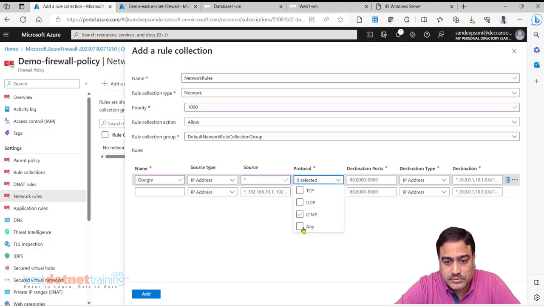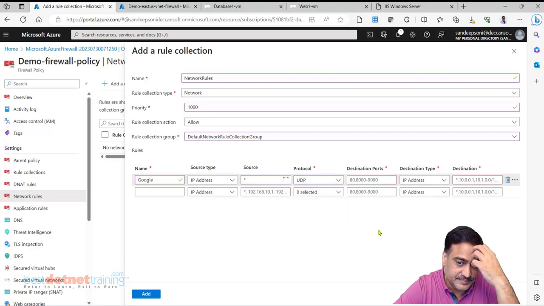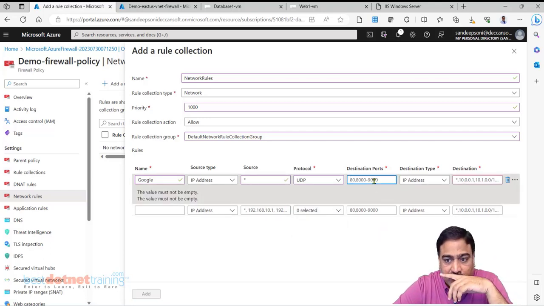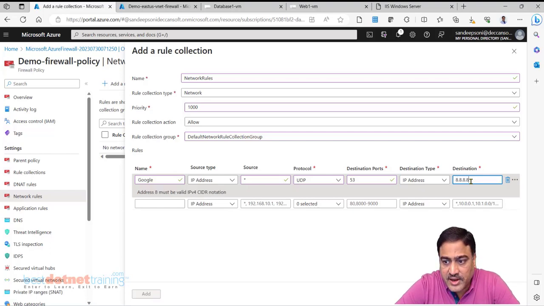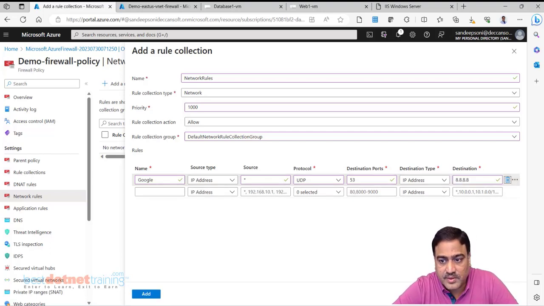Protocol UDP. For DNS we use UDP. Destination port any. Actually 53 is the destination port for DNS. And let's say 8.8.8.8. So we are allowing access to DNS.